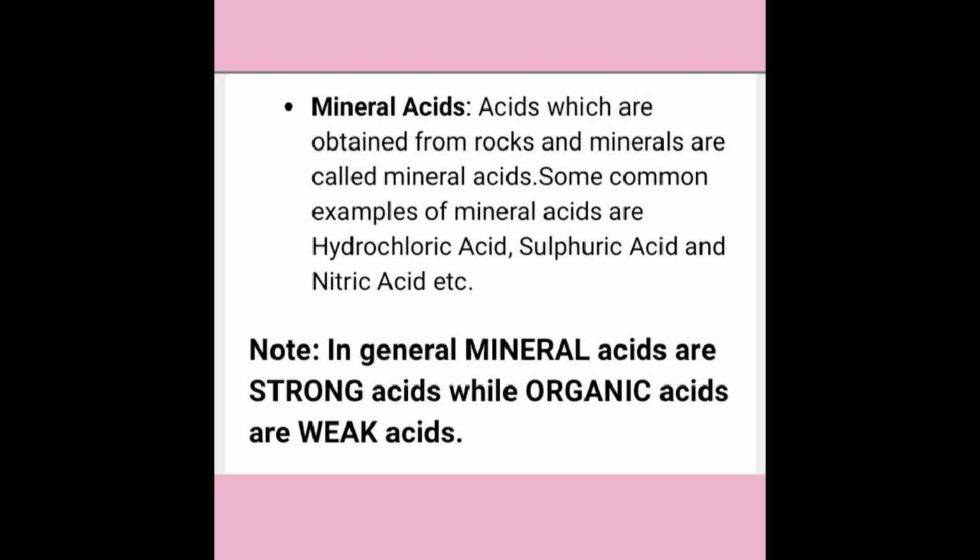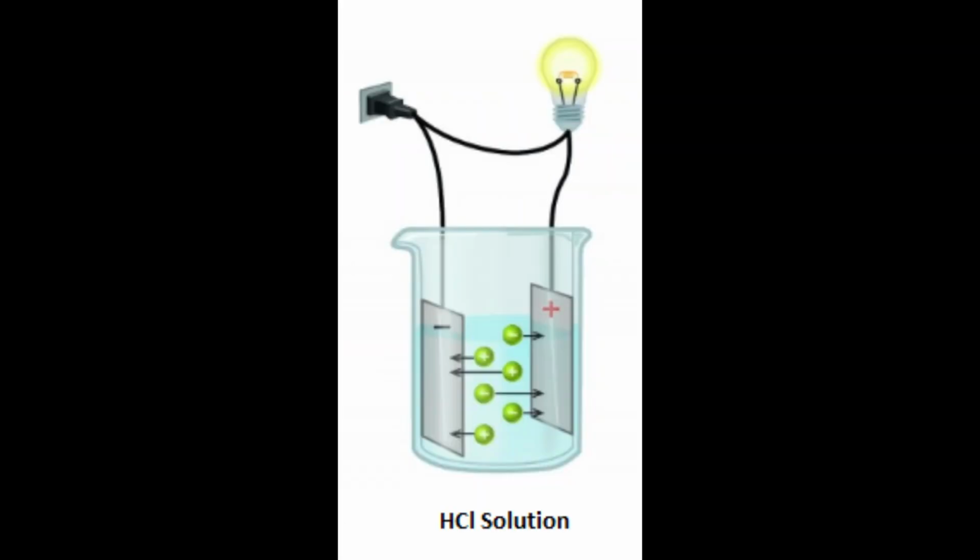Now we are going to learn the properties of acids in detail. As we told, acids have a sour taste and acids turn blue litmus to red litmus. Acid solutions conduct electricity, as I have just told you about in the activity. That is, when an acid is dissolved in water, we get acid solution. I told you to mix lemon in the water, allow current to pass through it and connect it to a bulb, so that when the bulb glows, it shows that acid solutions conduct electricity.